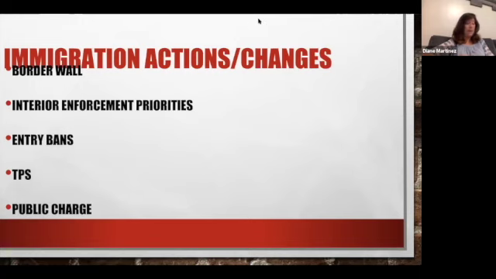So recently, there has been a designation for, I think it's close to 200,000 Venezuelans who are living in the United States right now, who last week were able to apply for temporary protective status. That gives them protection from deportation, and it also gives them a work permit that allows them to work while they're here.